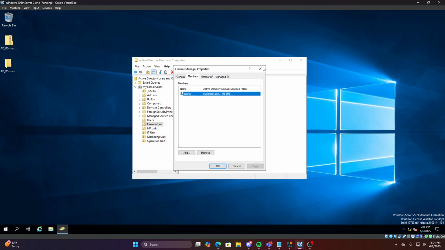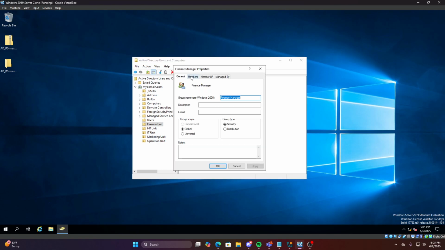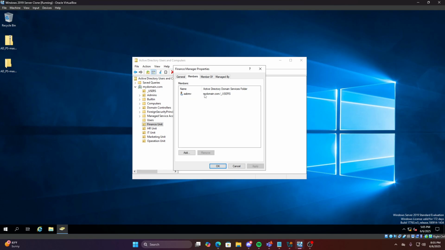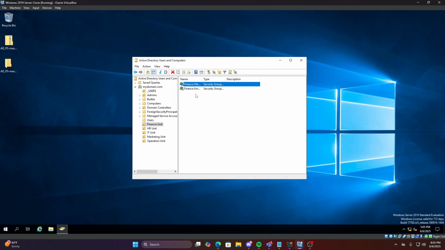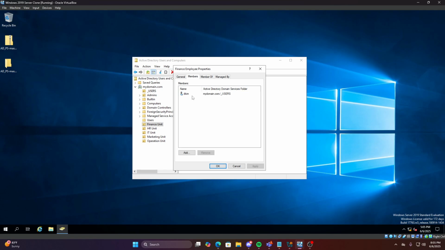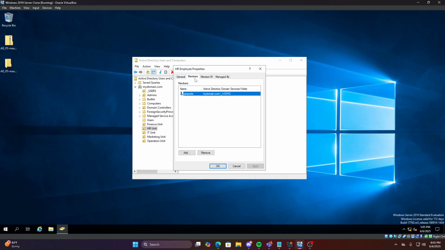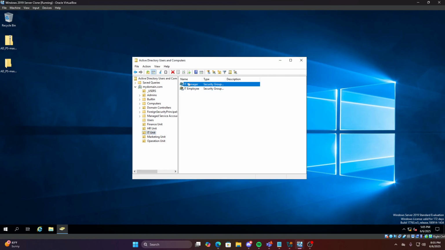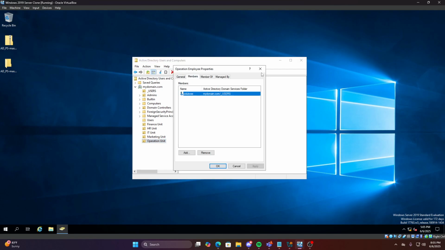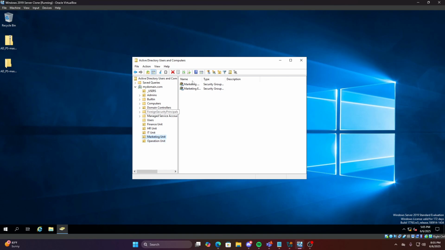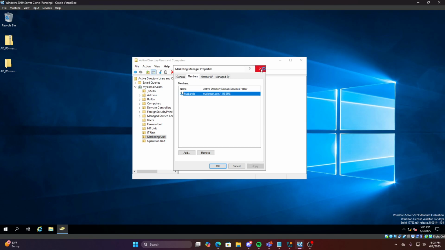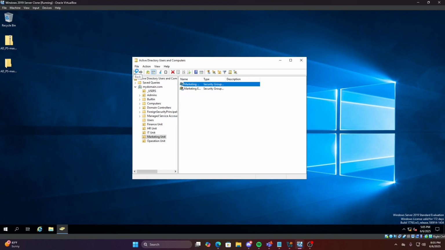As you can see, if you double click on it and go to members, you can see who's in it. So we have A Brev, the finance manager, and D Kim, a finance employee. As you can see, we have at least one in each group. Alright, so now that we've finished with that,